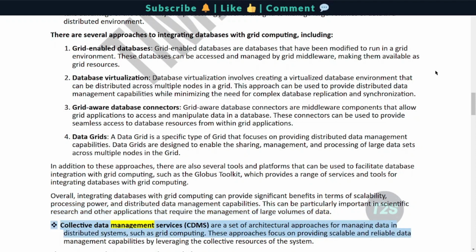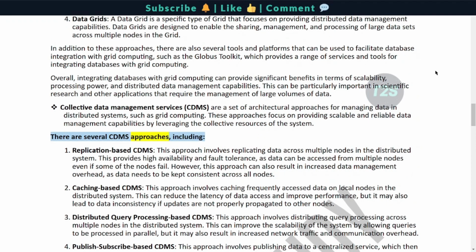Collective Data Management Services, CDMS, are a set of architectural approaches for managing data in distributed systems, such as grid computing. These approaches focus on providing scalable and reliable data management capabilities by leveraging the collective resources of the system. There are several CDMS approaches, including